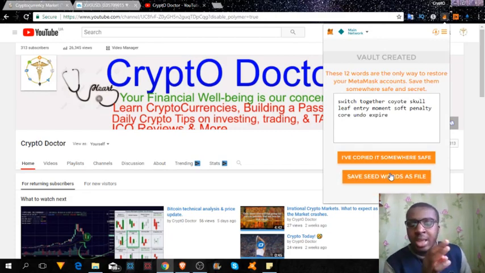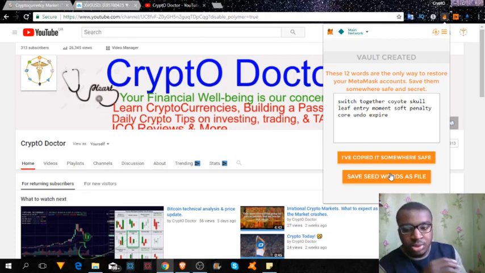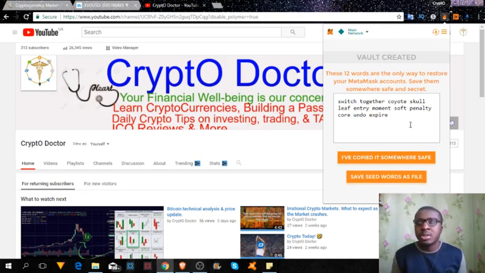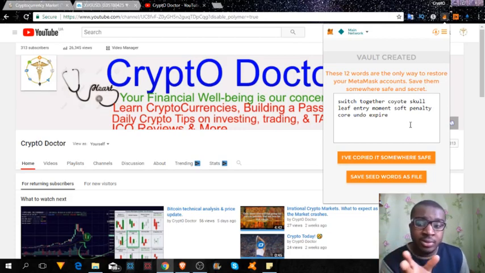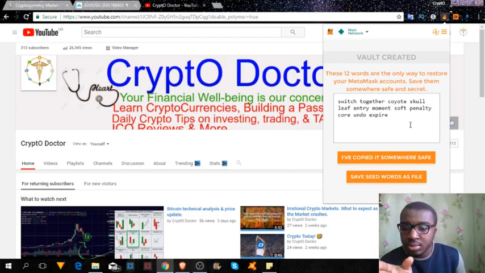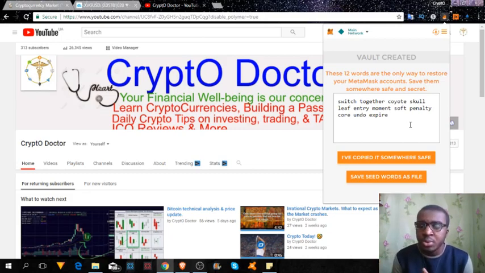And now the next step is that you'll be given from 12 to 24 words which you should keep safe. Now, these words are seed phrases which generally serve the function of restoration. In case you lose access to your account, this will be the way you will be able to get your funds. You should remember to always write them down as they are. The first one comes first and the last one comes last. Do not mix them up. So generally I advise you copy them all on a sheet of paper,